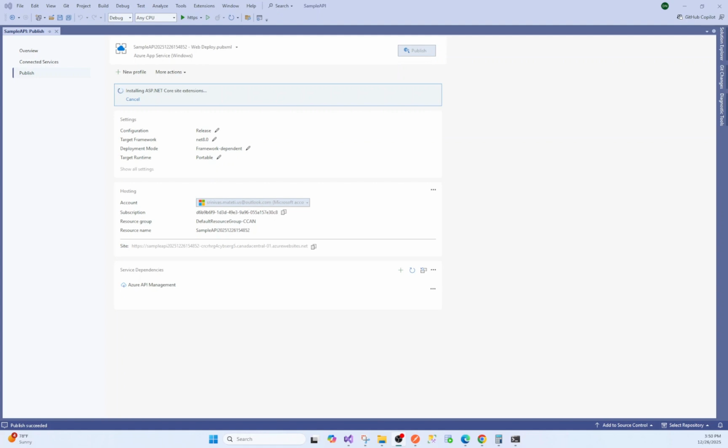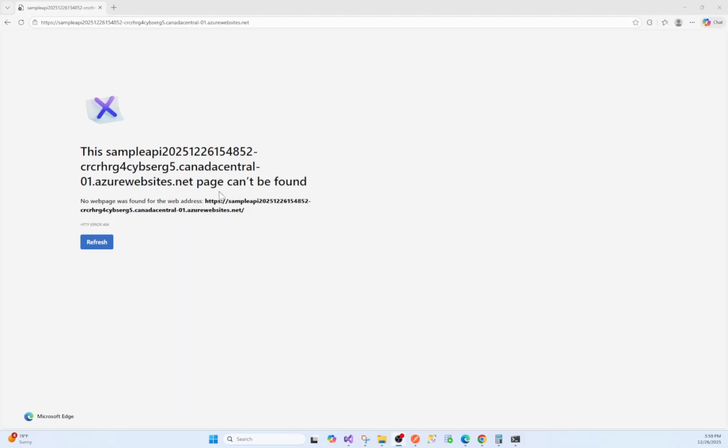Now it's installing ASP.NET Core site extensions, whatever extensions are required for your application. Then warming up your site. So maybe the deployment is completed and it's trying to restart it. And finally, the publishing successfully completed, and you can open the URL. So this is the API URL, and I did not define any startup page. That's why it's giving